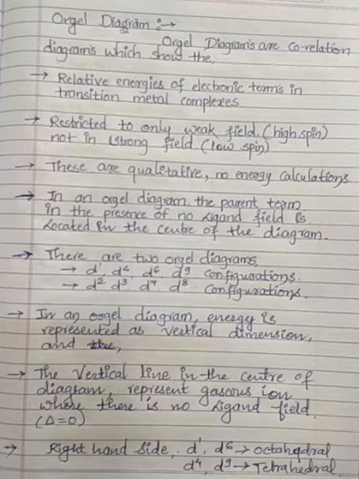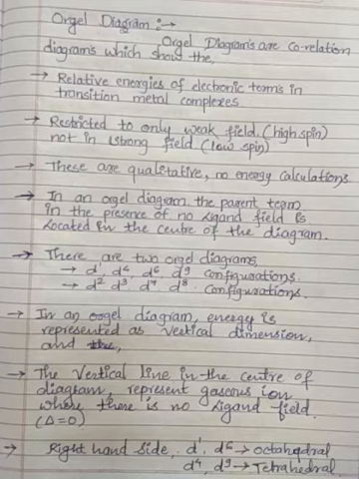Before going to deal with this Orgel diagram, the question will arise: why are we studying these particular Orgel diagrams? In the case of d orbitals, when the splitting takes place in the d orbital, that is in the form of Eg and T2g, energy will be required over there, isn't it? And the splitting may take place in the weak field of the ligand or maybe the strong field. It can be represented, but there is no energy calculation for that splitting performed in this particular diagram.